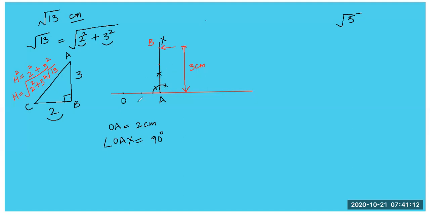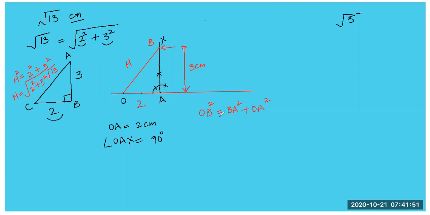This is 3 and this is 2. So then what will be OB? I will simply join OB. I want to find OB, so again I will apply the Pythagoras theorem. OB is the hypotenuse. Hypotenuse squared, OB squared, is equal to BA squared, this is perpendicular, plus base squared,